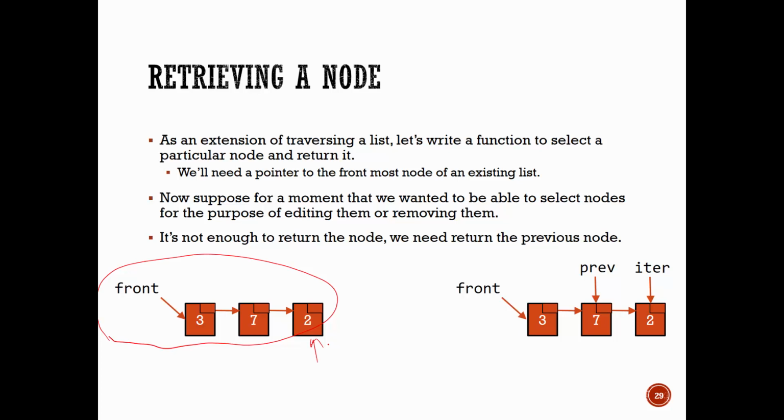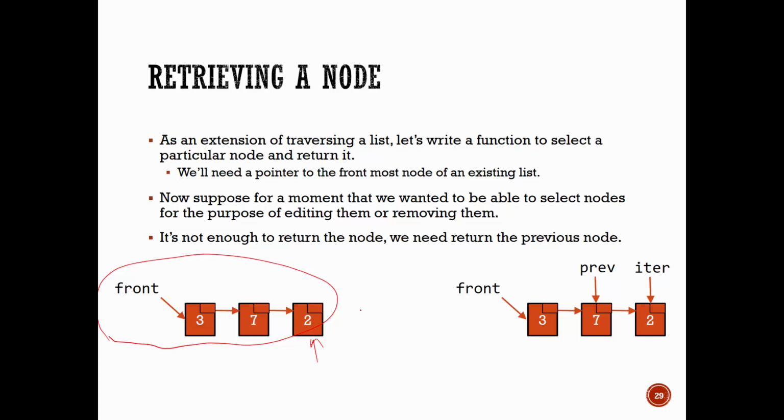So it won't return the actual node, it'll return the one just before it, because if you return the one just before it, then you'll have the ability to go back and do something like delete the node that comes after it. So this is a way that would support us doing some more advanced changes inside of a list. All right, now we have an idea of what we're doing. Actually, let's take a look at the picture really quick, the problem we're trying to solve.